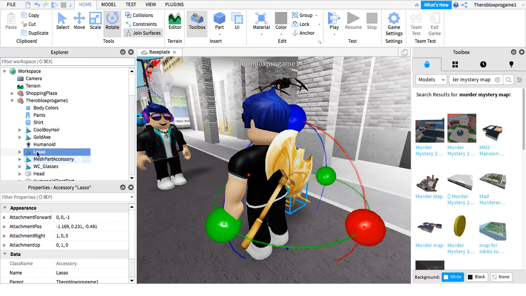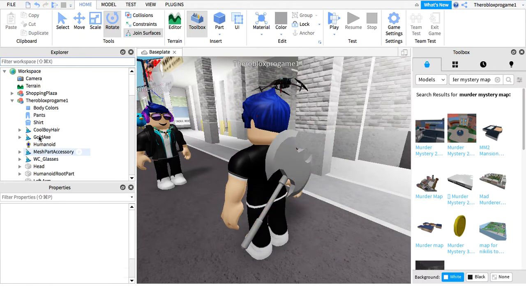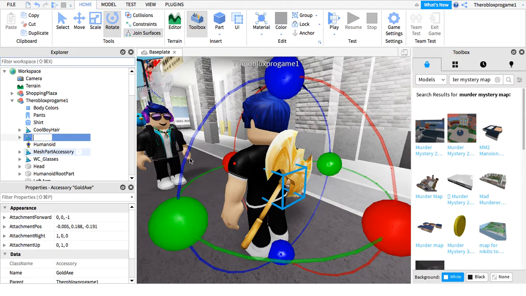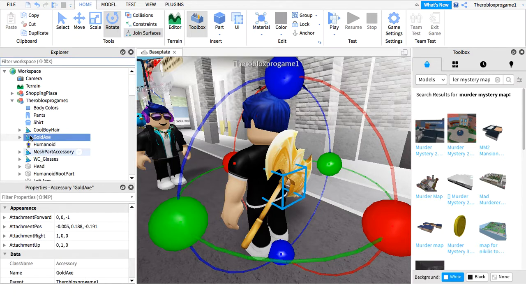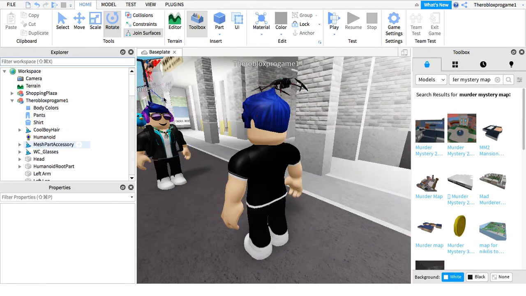I gotta delete the lasso. And I gotta delete the axe. Okay, delete an axe. Wait, I didn't delete it. I just renamed it. Okay. Delete. Said delete. Okay, there we go. Now